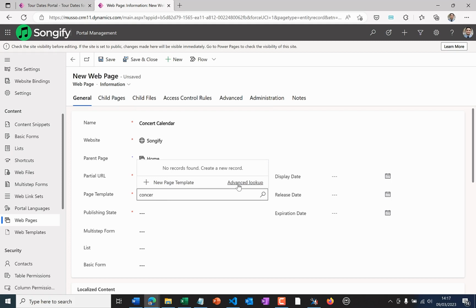I don't see that immediately because of a slightly annoying view that's in place for that lookup. So I'm going to go to Advanced Lookup